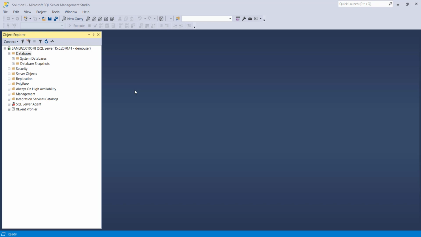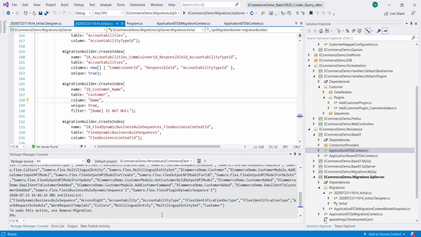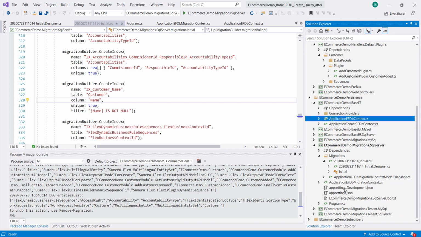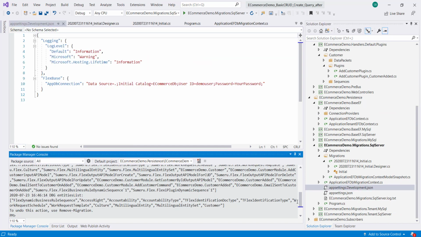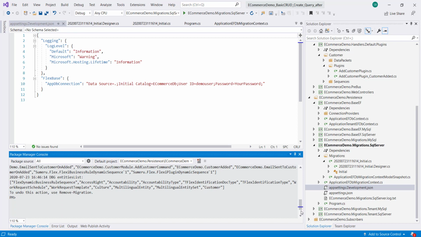Before we update our database, let us open this SQL server. If you see, I don't have any database here. And now let me go back to the solution. If you remember, we gave the name for our database as e-commerce DB. So let me update the database.